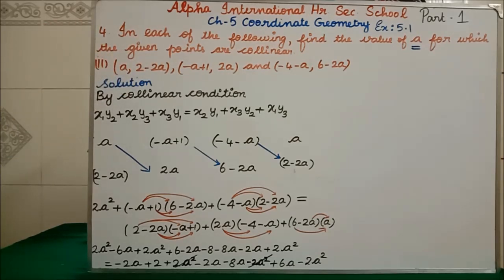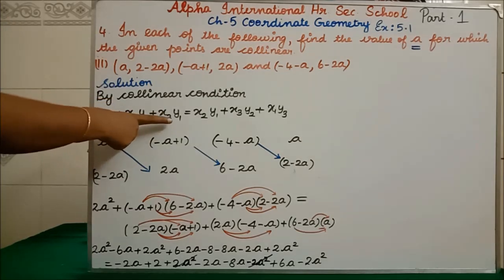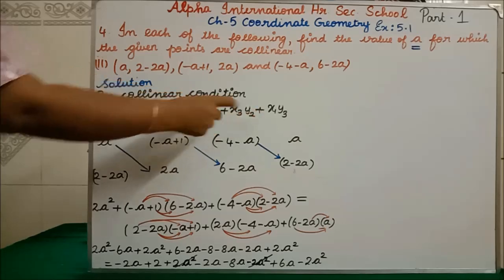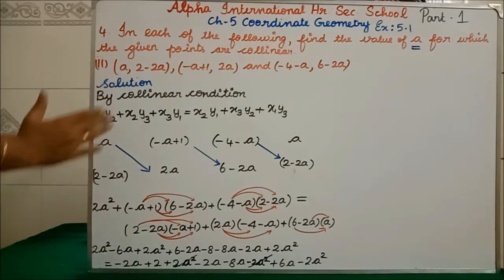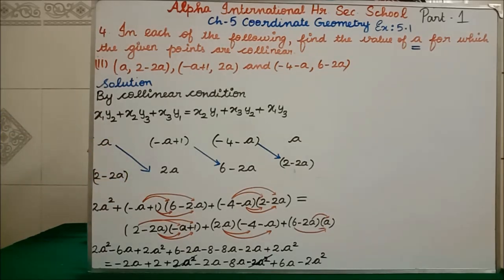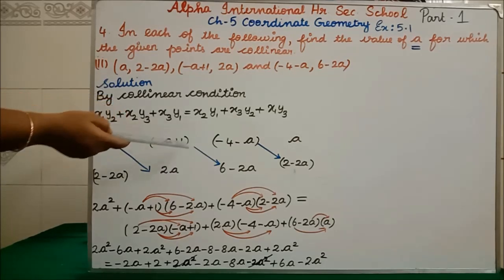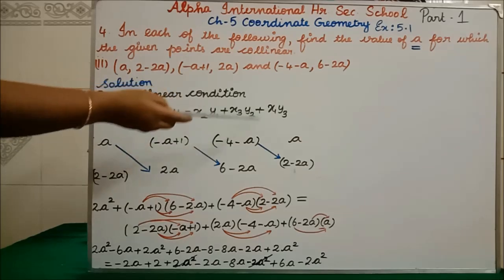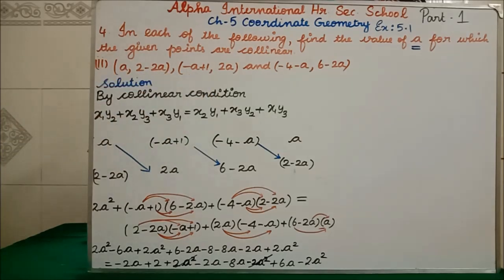Collinear condition means, I told you, by the area of the triangle formula also you can use. In that area space you have to put 0. Finally if in the answer you are getting 0, the points are collinear. Or otherwise, you write the area of the triangle formula inside and the other side equal to it. If both the LHS and RHS are equal, then the given points are collinear, I have said. We are going to take a second condition, which is x1 y2 plus x2 y3 plus x3 y1 equal to x2 y1 plus x3 y2 plus x1 y3. Okay, this is our collinear condition. Now we will go for the solution.